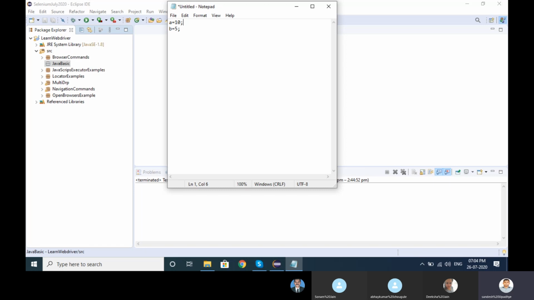I want to store A value into B and B value into A. And we have a third variable as well, let me put it as temp. Can someone tell me how to swap these two numbers with the third variable? So now A is equal to 5 and B is equal to 10. Can someone guide me how we can swap this using the temp?